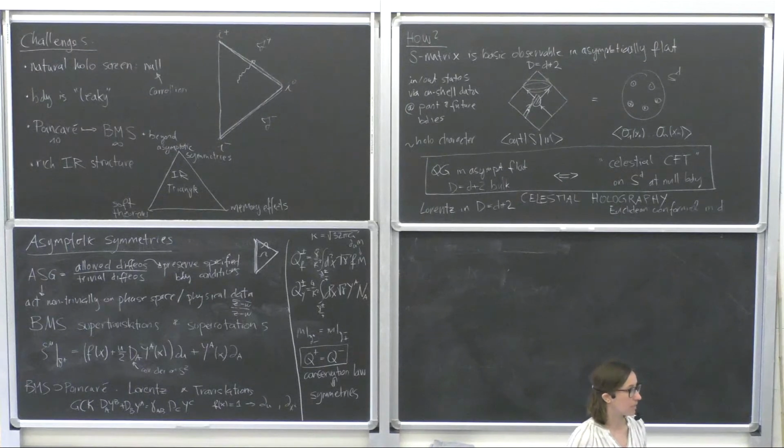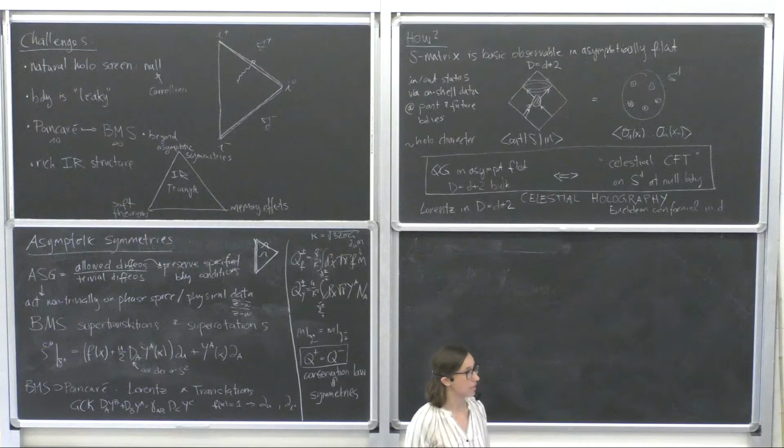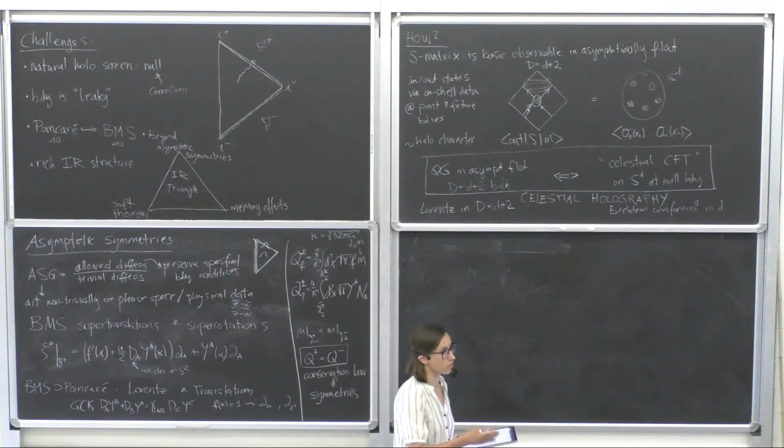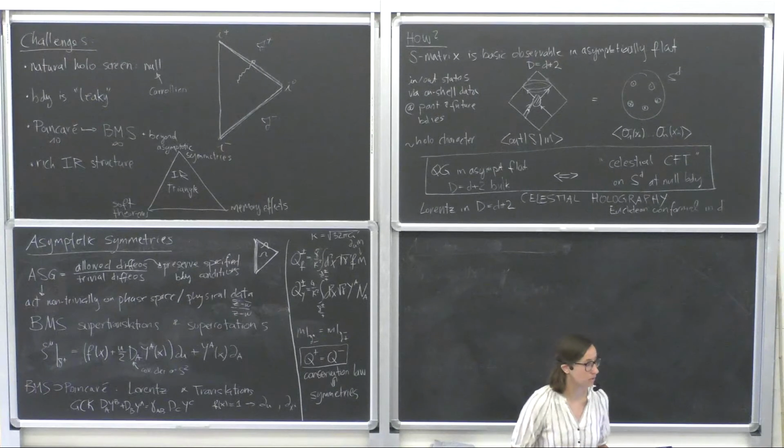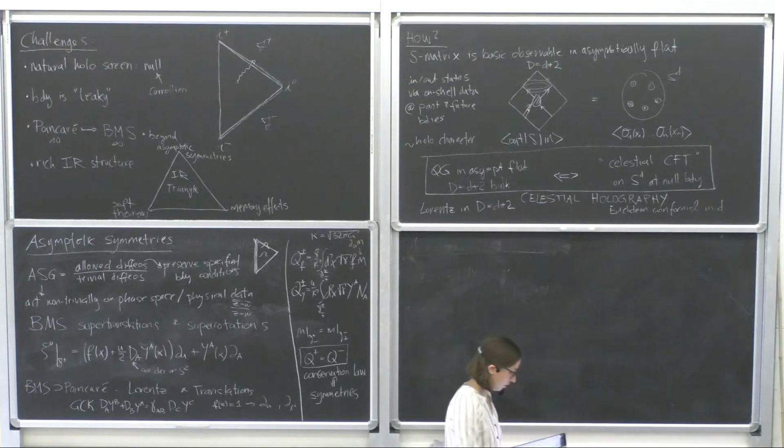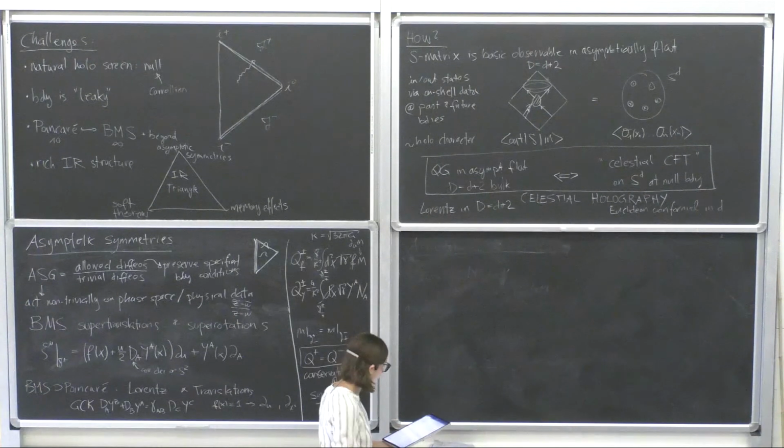And I will discuss how to organize this putative celestial conformal field theory making use of the representations of the global conformal group. And I'll finish with some open questions and outlook. And if you want to know more and look at some of the recent papers, I've put up the arXiv number of a recent review that we wrote with Tristan McLaughlin and Ana-Maria Raclariu. And there are also lots of references for other lecture notes and other pedagogical works.